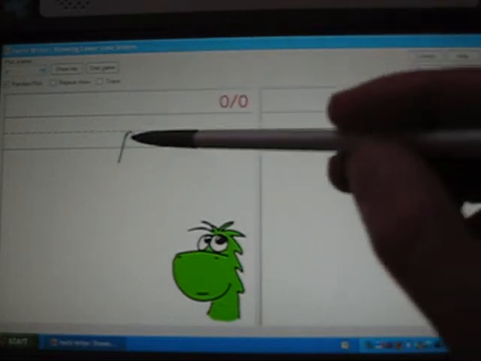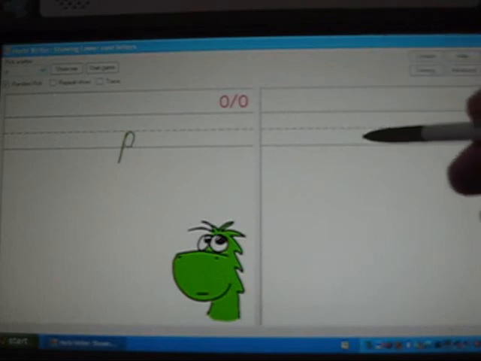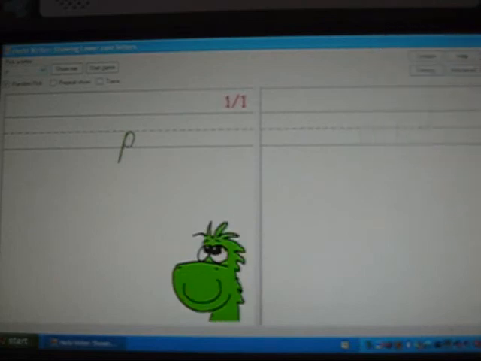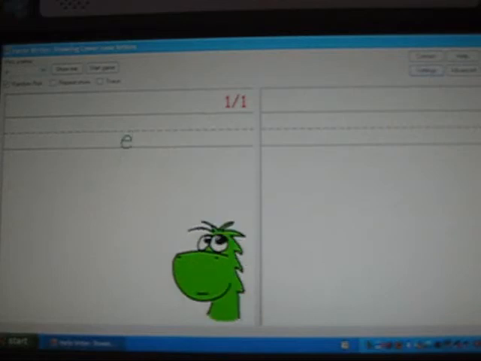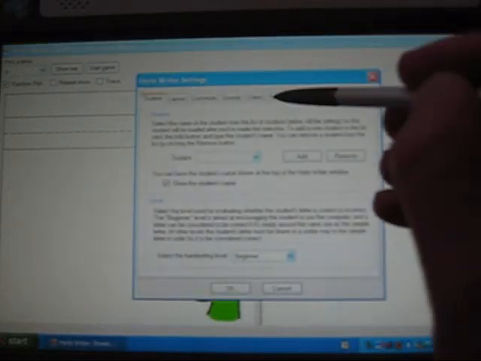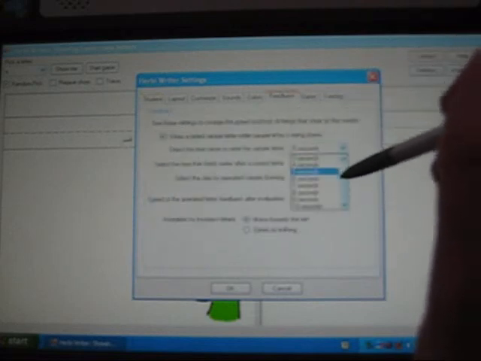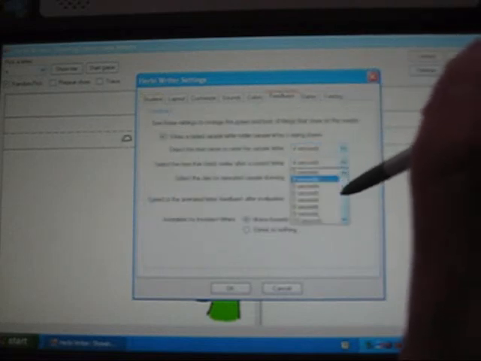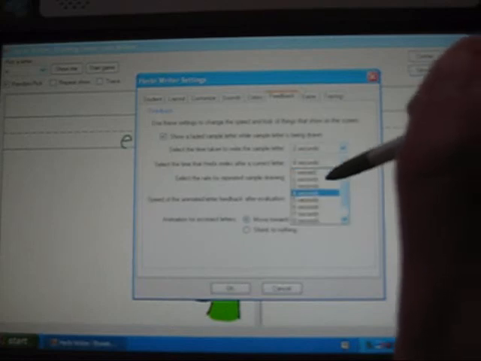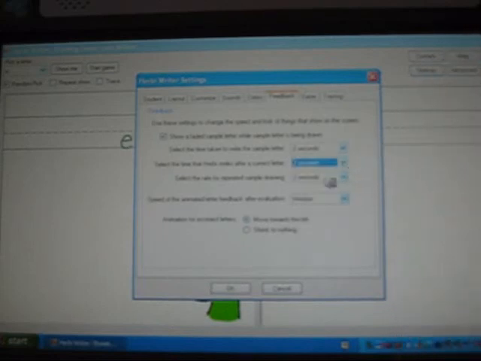And the letter is taking 5 seconds to be drawn out now rather than 2. If I do that, Herbi will now smile for 5 seconds rather than 2. And again, you can change this to meet the preferences of your student. I'll change it back to what it was. And there are some other things you can do on this tab here to control other things that happen in the Herbi Writer software. So the next tab is the Game tab, and this allows you to have some text